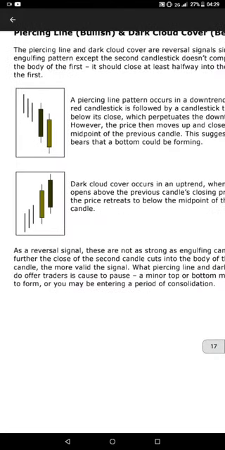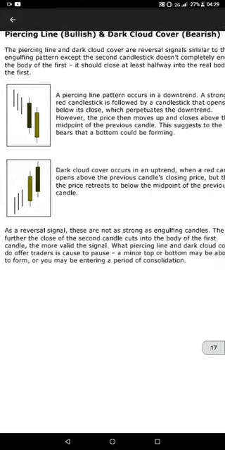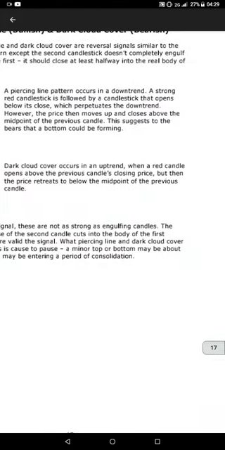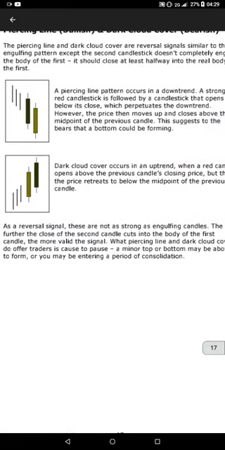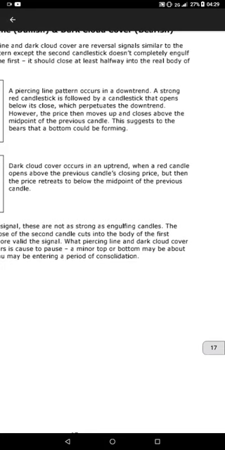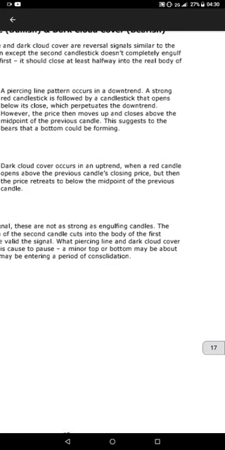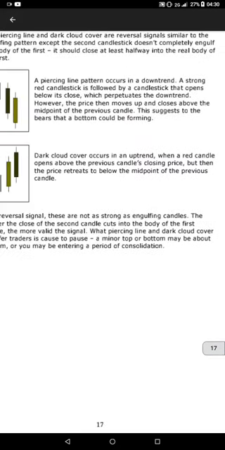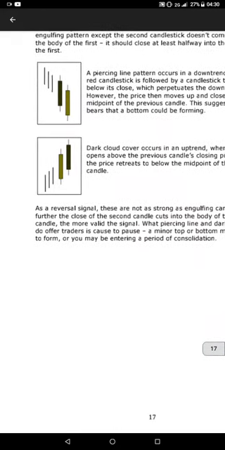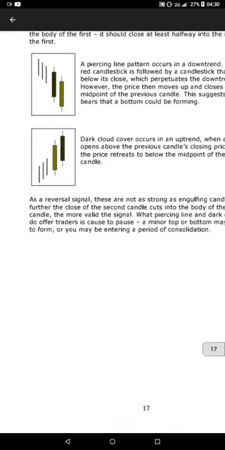The dark cloud cover occurs in an uptrend when a red candle opens above the previous candle's closing price, but then the price retreats to below the midpoint of the previous candle. As reversal signals, these are not as strong as